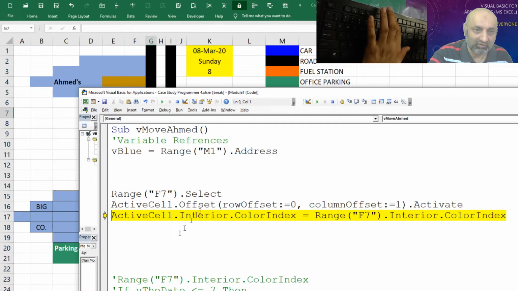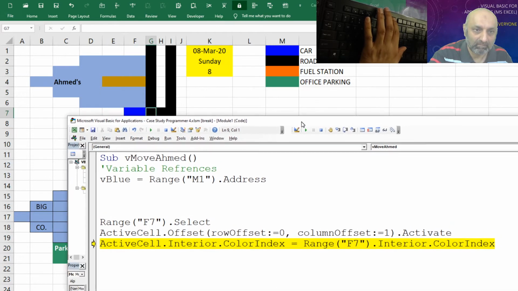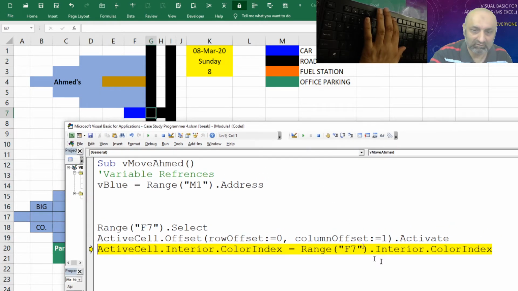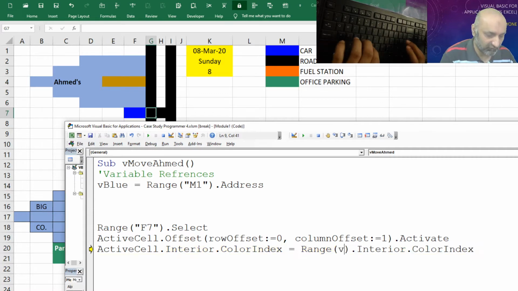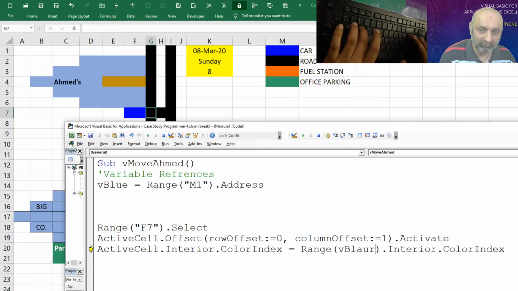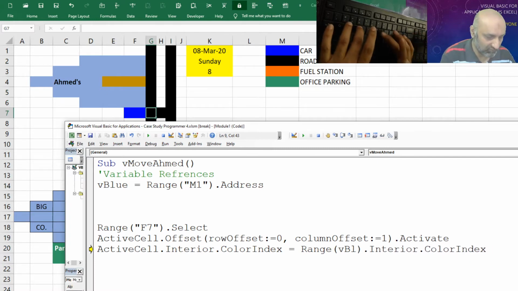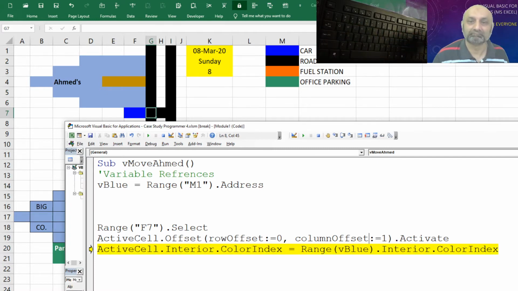So once it is offset, here you can see instead of F7 we can have the variable blue, which is equal to M1. So instead of saying Range A1, I am directly using a variable, that is blue, that has M1.